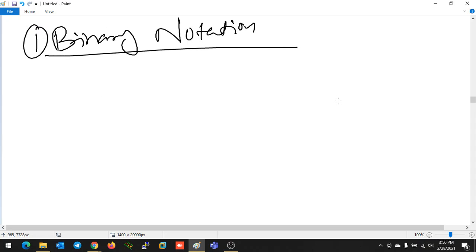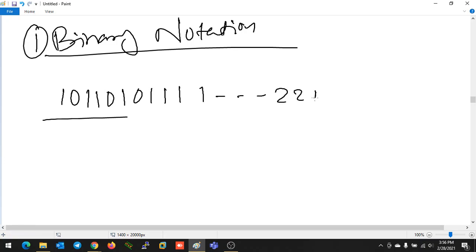Binary notation means all 32 bits of the IP address will be in binary format. It might be 101101101111 like that, anything till 32 bits. All values will be 1 and 0. Binary means 1 and 0. So you know one thing, all the digital devices we are using can only understand binary things. They do not have the capability to understand decimal things like 1, 2, 3, 4 numbers you are writing, or ABCD what you are going to write. They will be unable to understand them. They can only understand 1 and 0 values.